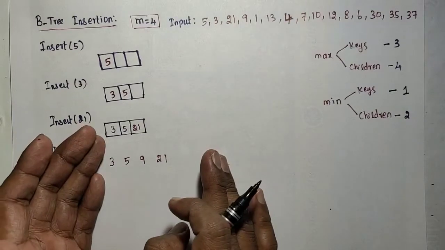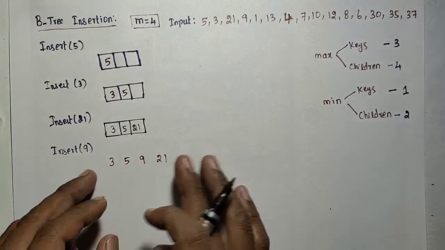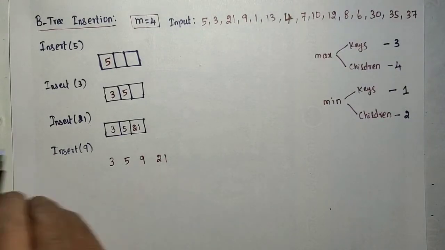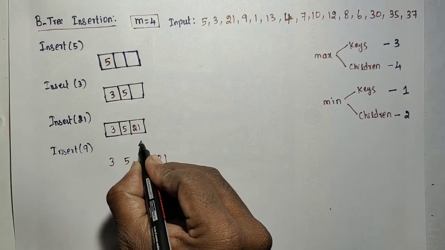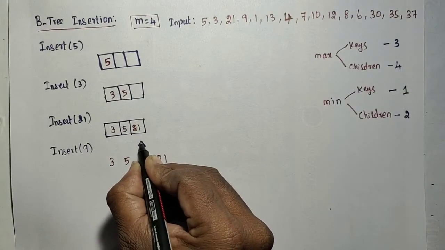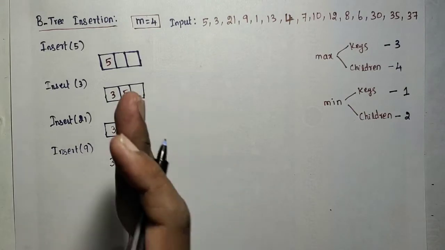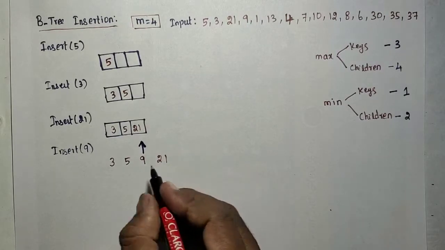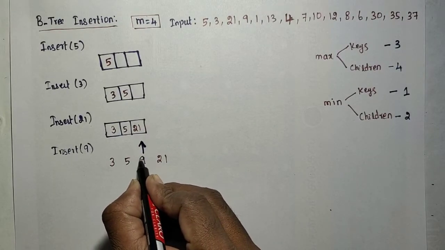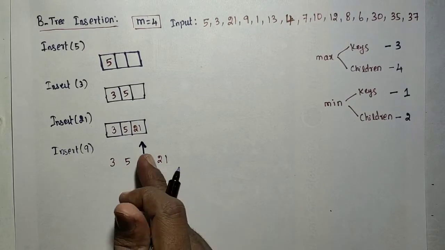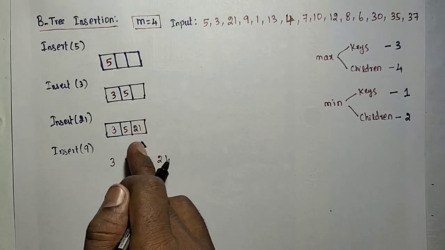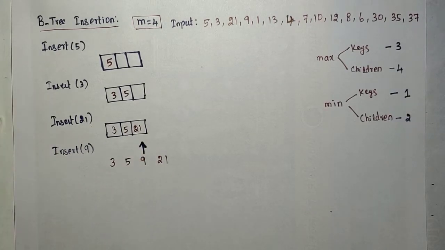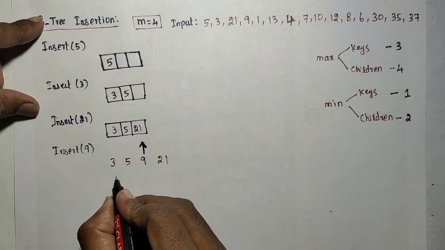If it is 5 elements, the middle element would be exactly the third element. For 4 elements it is either 5 or 9. I am going to make the 9 the middle element, so just move the 9 up. So we make a split on the 9, and increase level means 9 will go to the root, 3, 5 will be the left of the 9, and 21 will be the right of the 9.